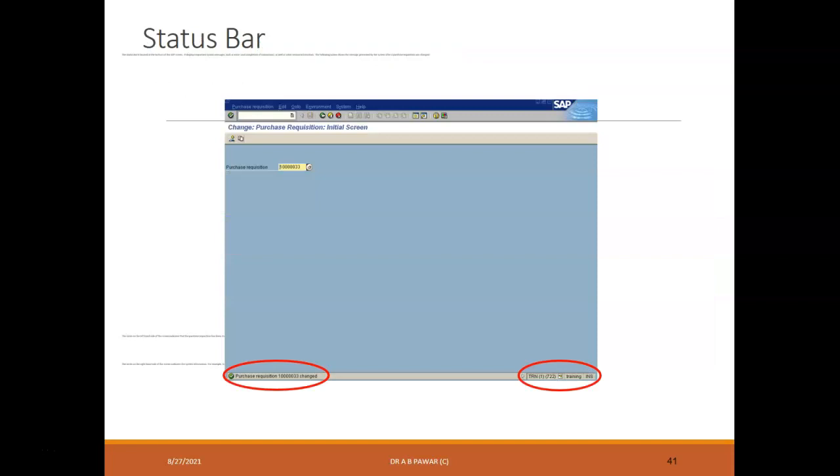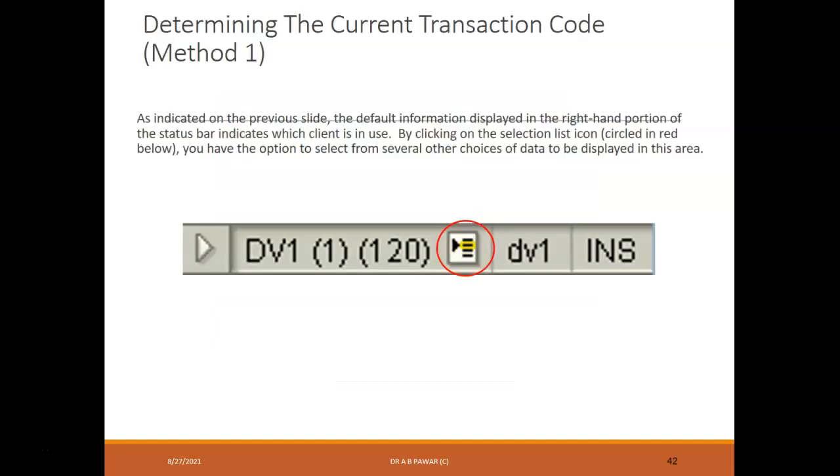So this way, and finally the status bar is available, which gives us the status of your current transaction. Right now I am doing the purchase requisition, so it is again shown in the status, how and in what sense you are managing that purchase requisition or details. It gets shown even in the status bar of this SAP navigation software. So there are so many details available in your status bar. On its right side you are also getting details in this way.